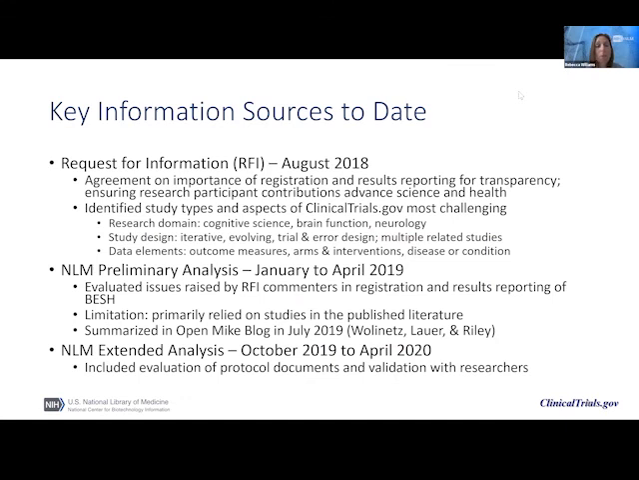But as I mentioned, we've really been trying to rely on the key information sources that the research community has used to provide NIH with information. There was the request for information back in August of 2018, and in general, there was agreement on the importance of transparency. But when it came to the details, that's where it got a little trickier. So what I'm highlighting here are the study types and aspects that researchers found most challenging when considering how to register and report on